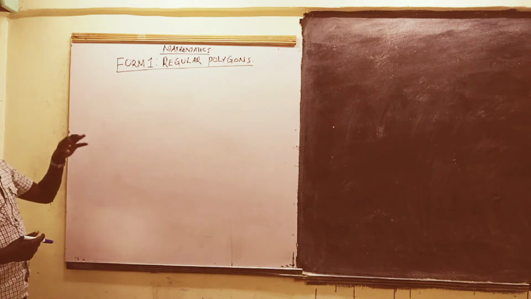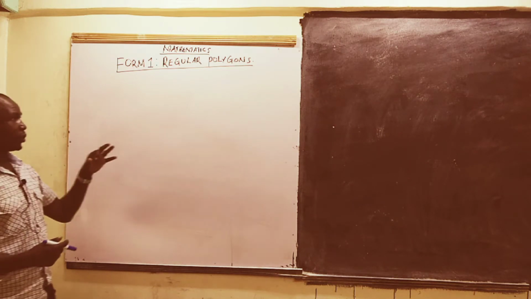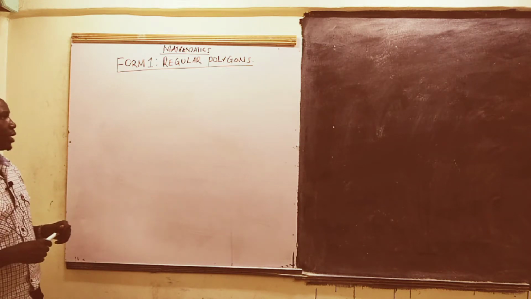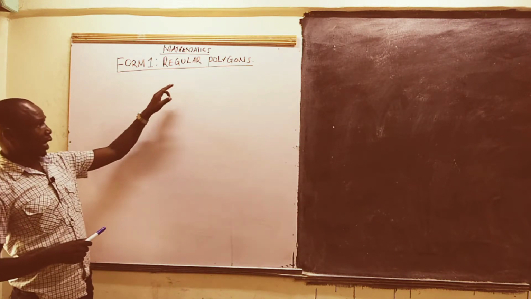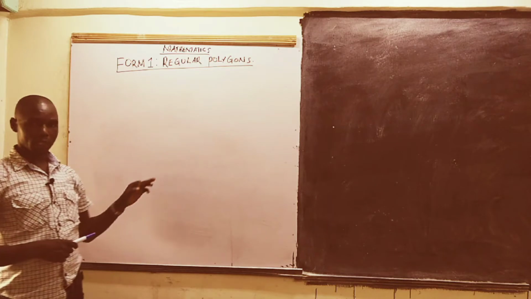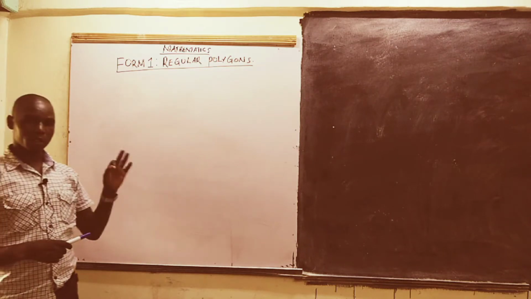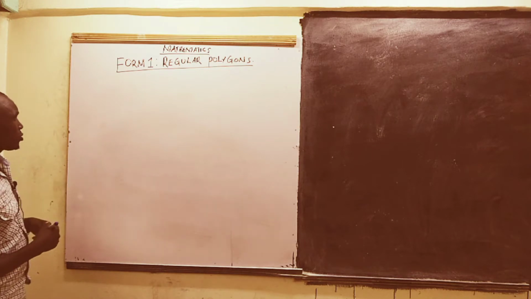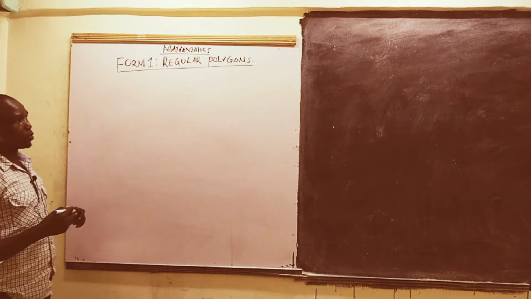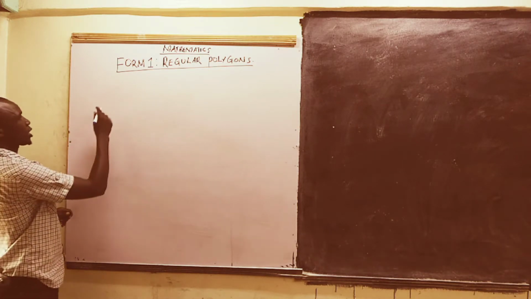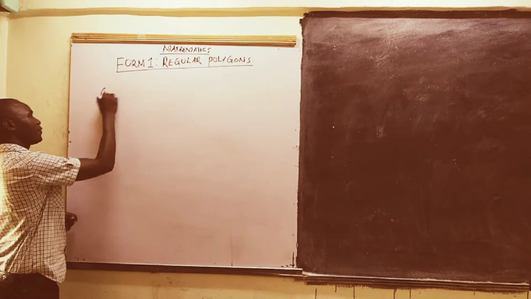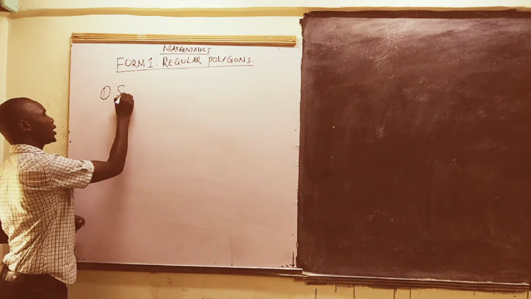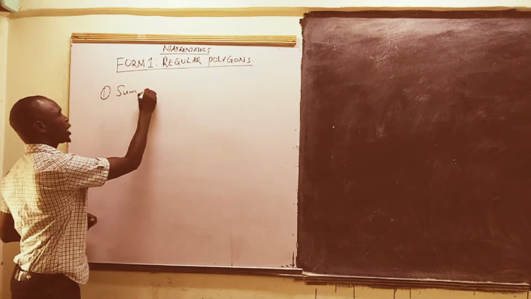So when we talk about regular polygons, a polygon is a plane figure that is bounded by 3 or more lines, but a polygon is said to be regular if all the sides and all the angles are equal. So we are going to go through the basic formulae that we are going to use under this section, and the first formula or principle is if you want to find the sum of interior angles